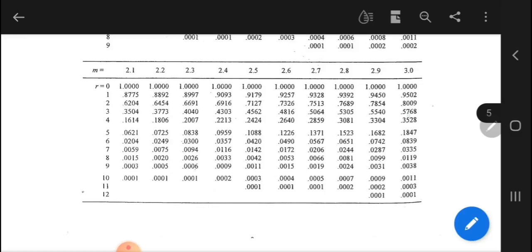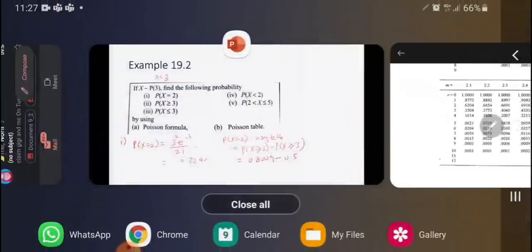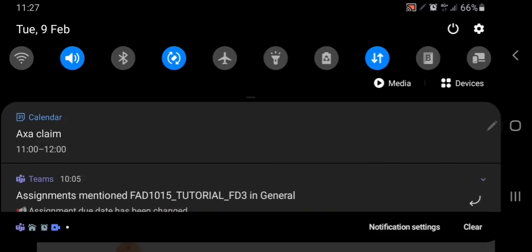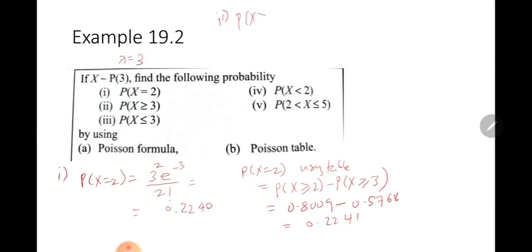Okay, so 3 will be 0.5768. So when you subtract, you will get 0.2241 like that. So the difference is, this is 0.2240, this is 0.2251. So it's quite close. Okay, alright, so number 2 Roman, you want to find Px, you want to find Px greater or equal than